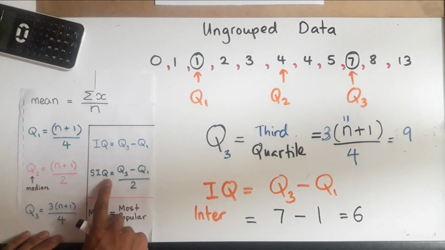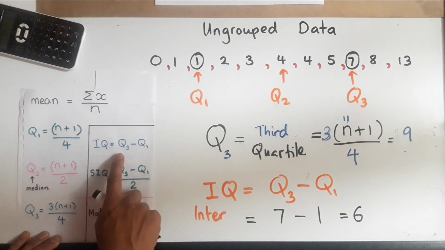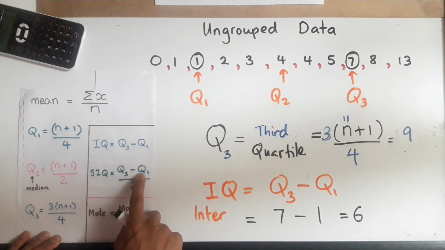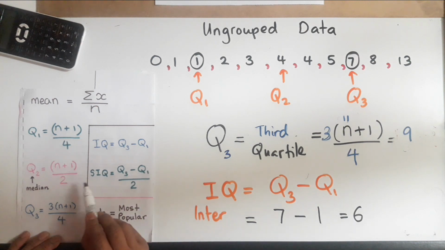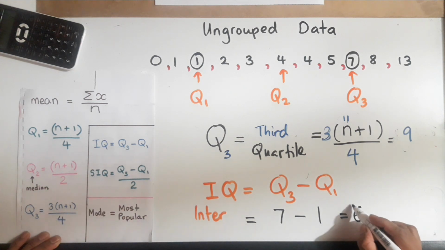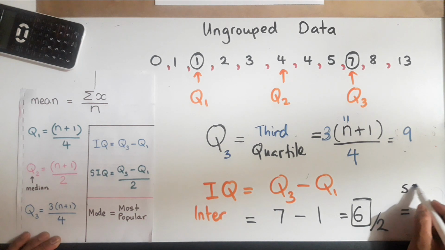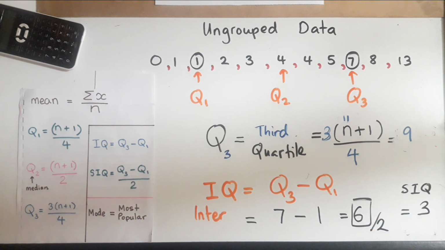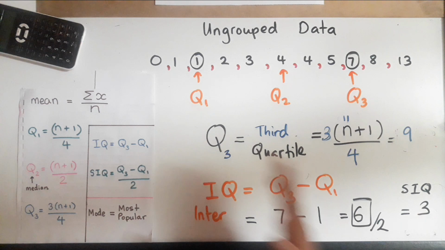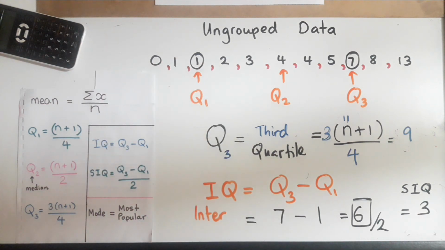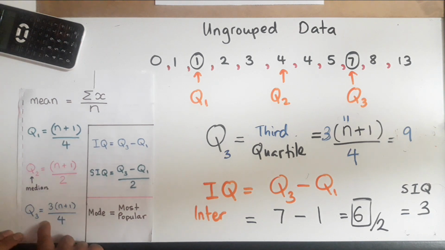And your semi-interquartile range, you'll notice, is basically the interquartile range answer divided by 2. So to find your semi, S-E-M-I, like a semicircle, to find the semi-interquartile range, you just take the answer for the interquartile range and simply divide it by 2. And you will get 3. So this is your answer for the semi-interquartile range. This is your final answer. You don't have to count to 3. The only ones that you actually do the counting for is Q1, Q2, and Q3.